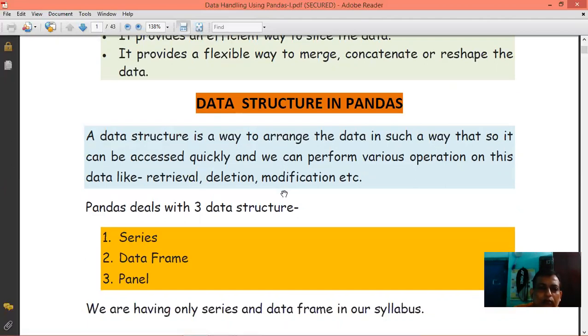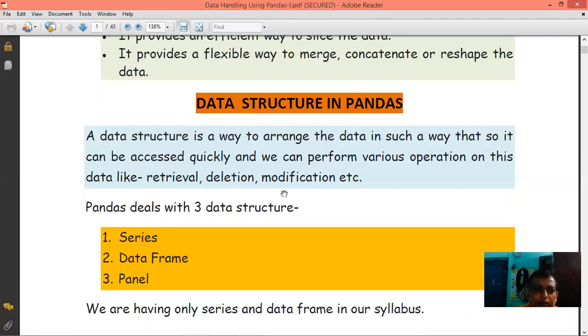Like we make a note or register and write everything systematically so that in future we can search any topic in a particular place.